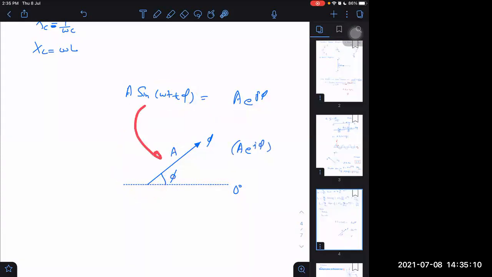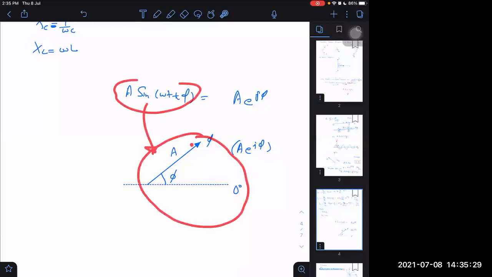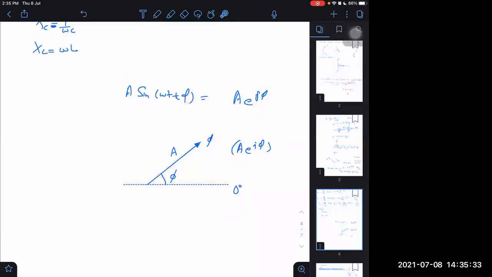From here we get the phasor diagram, and for the phasor diagram we ultimately write it like a complex number. I could not do this in 11th class. At that time you had not finished complex numbers. Otherwise I could have taught you there also. But now you are aware of complex numbers. In 11th class I stopped here. I just gave you an idea why we can write sine omega t plus phi like this, but I did not tell you how we can represent it like a complex number. Now you know that we can represent it like a complex number.